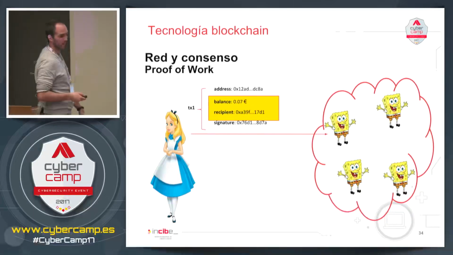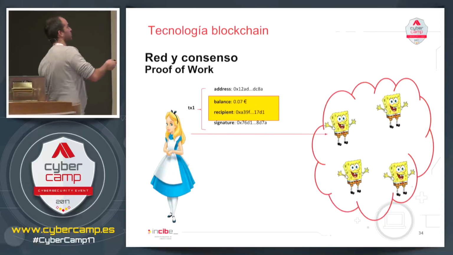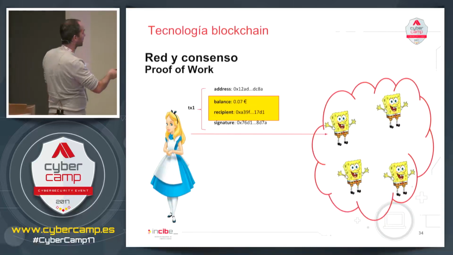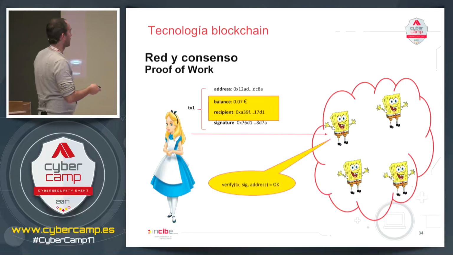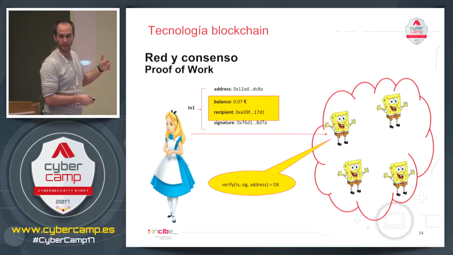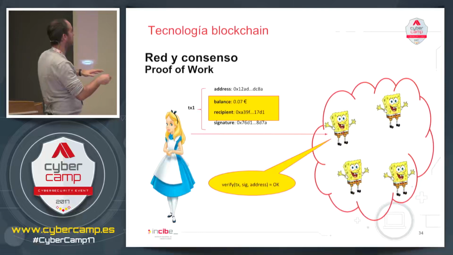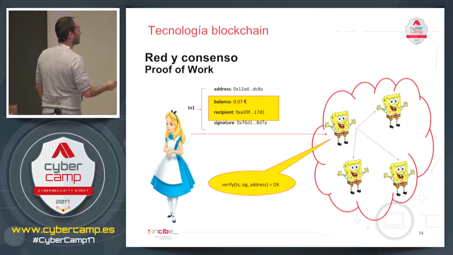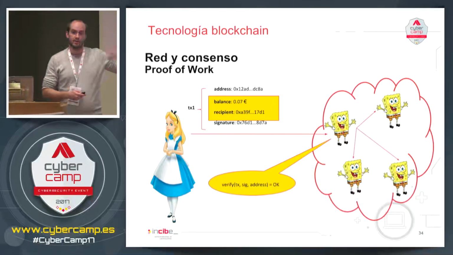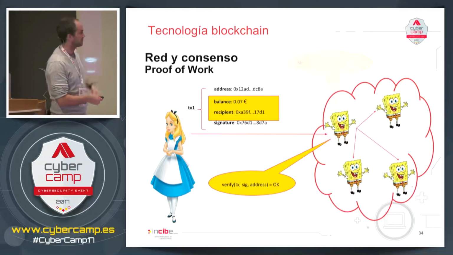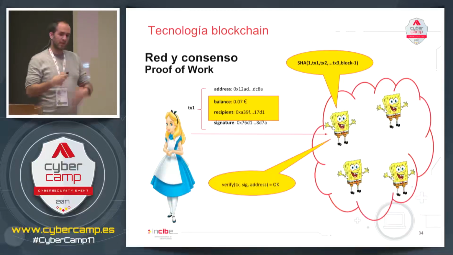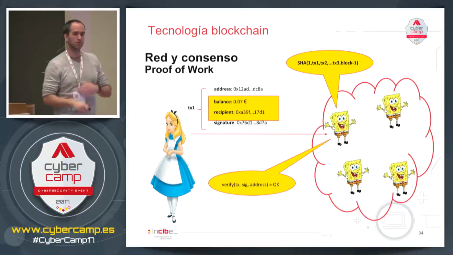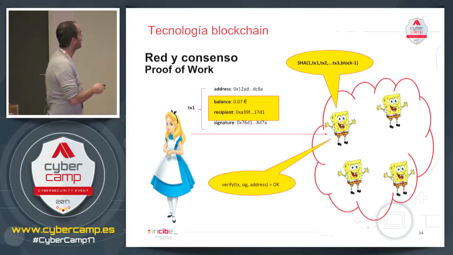This is proof of work. Alice wants to make a transaction. She sends the transaction with the address, balance, and the recipient, and she sends it to the blockchain network. This is Bob node. He says, "Okay, all right, let's start the transaction. Where's the digital signature, the public key, and that's correct. I'll carry on processing." He sends the transaction to the rest of the nodes. They are going to do the same cryptographic verification, and now each one of them is going to start doing this proof of work. These are the Bobs, and the others are the miners.